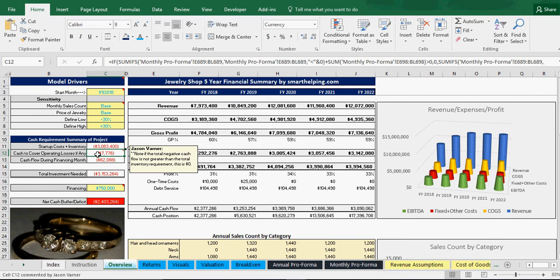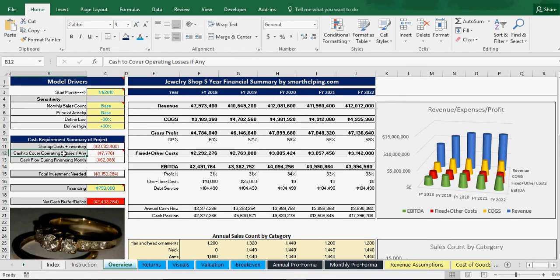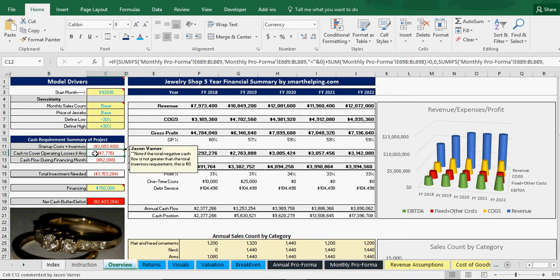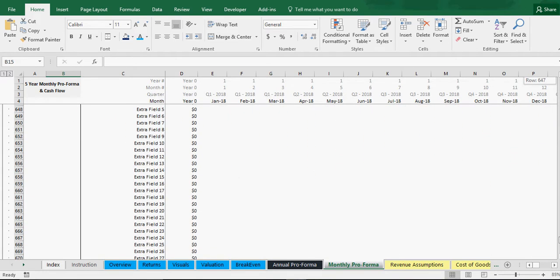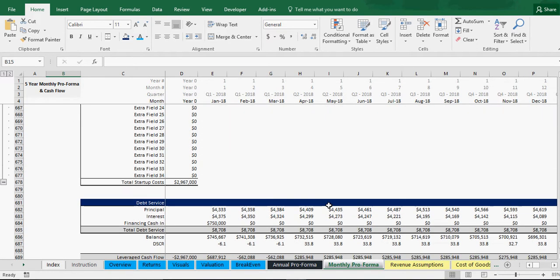So this is if you're running the business, and you're going month 1, 2, 3, 4. If you run an operating loss, then that's going to be a cash requirement, because you have to cover that loss to keep things going. You have to pay for whatever expenses cost in that deficit. Now the thing is, inventory is included in the operating cash flow, obviously, with cost of goods sold. So this number is actually the cost of goods sold number net of the cash flow. So we're actually saying, well, we've already accounted for